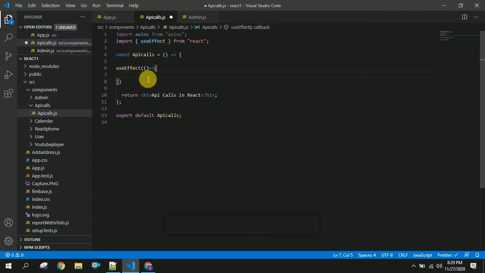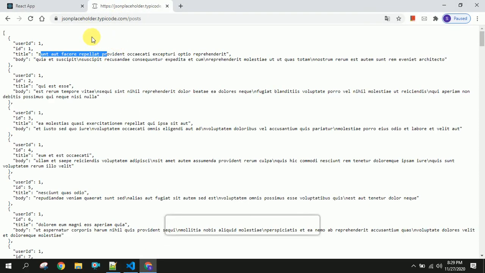Now in this useEffect, I will call Axios dot get of whatever the API is.